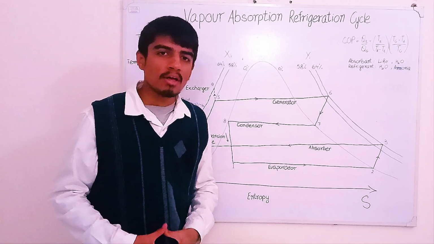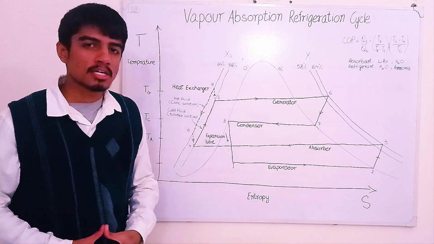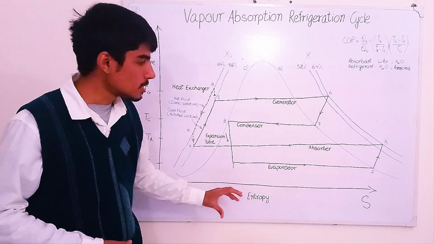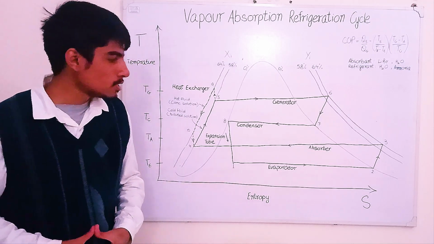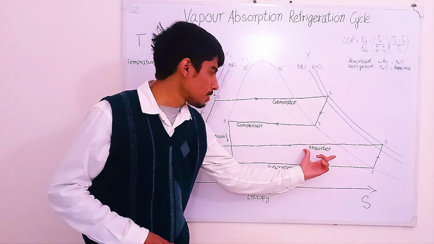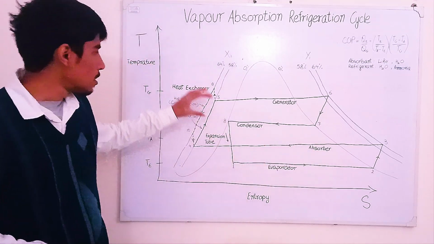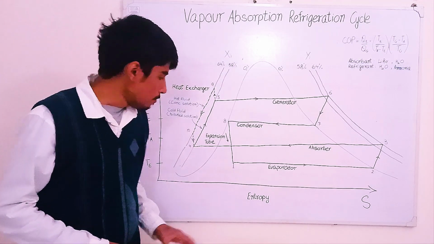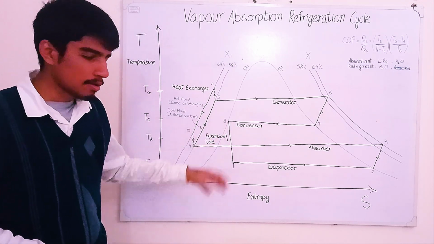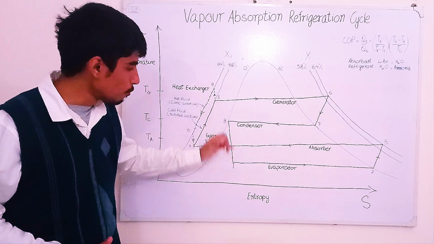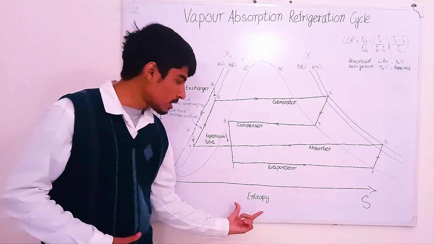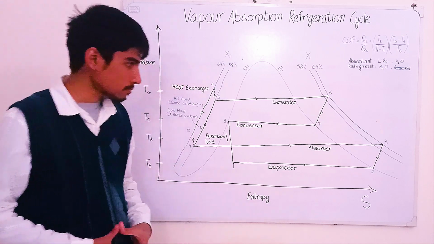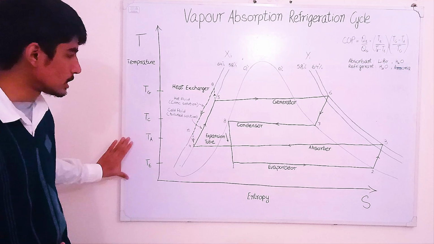In the same way, wherever the refrigerant is rejecting its heat to its surroundings, its entropy is decreasing, as you can see in the absorber, condenser and hot fluid of the heat exchanger. For the expansion tube, as the phase changes from liquid to vapor, we observe a slight increase in entropy of the refrigerant. Now if I talk about temperature,